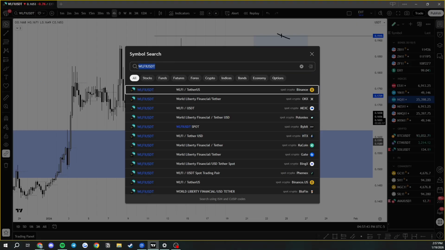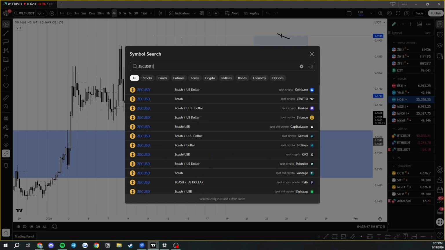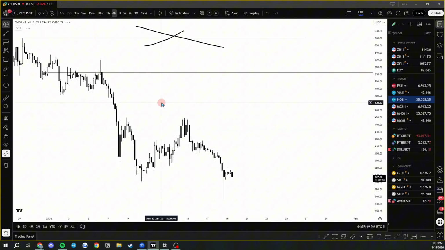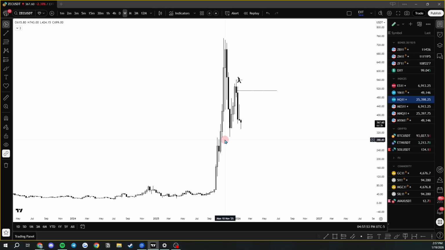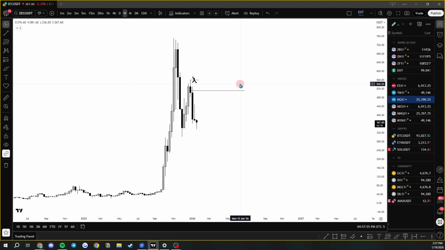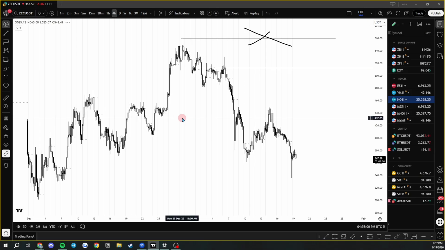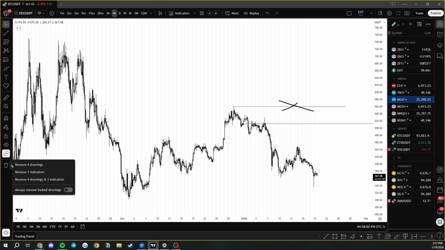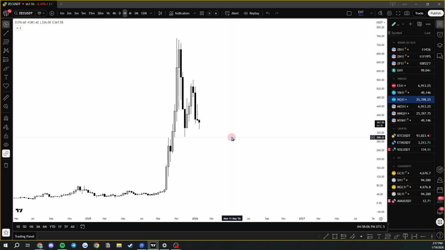Okay, so Zcash. Let's take a look at Zcash. Bro, these privacy coins, like, they've been doing pretty solid. Let's see. I don't know what these notes are, to be honest. I don't know what I was doing. Yeah, I don't know what I was doing last time on the Zcash chart, but taking a look at it,